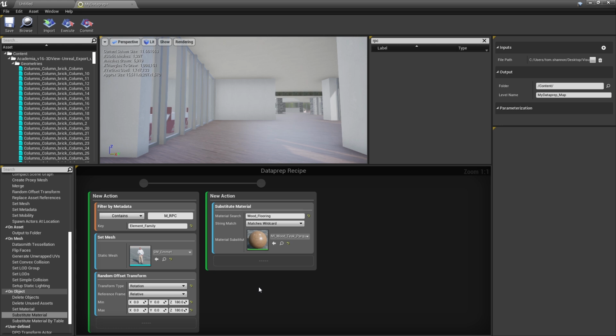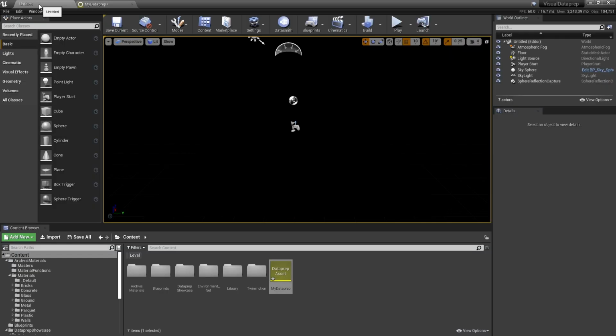If we ever wanted to make another data prep recipe with that same material replacement stack, we'd have to copy paste or whatever, and it could be a little funky. So what we can do is lean on another Unreal Engine feature called data tables so that we can build an asset that will inform our material replacement system what to do. Let's take a look at that real quick.